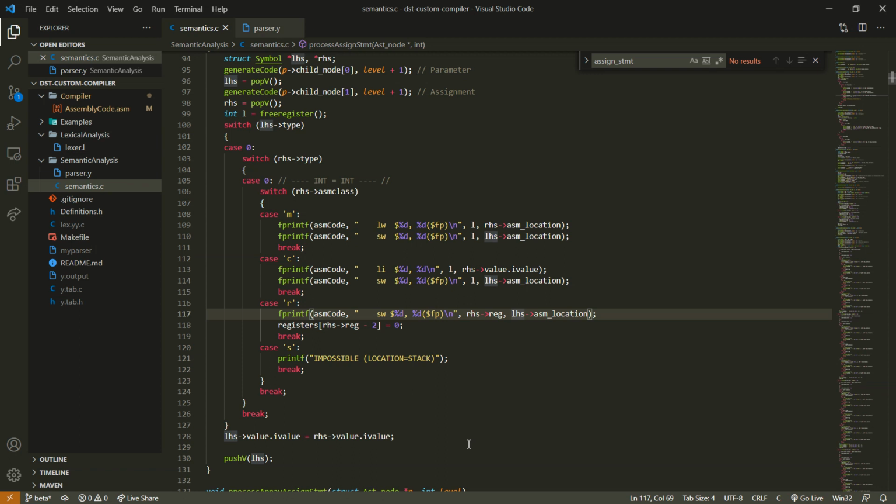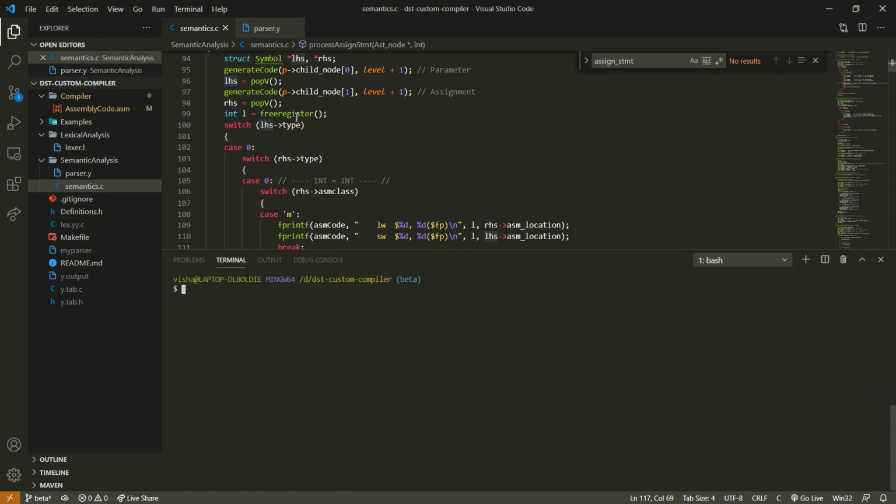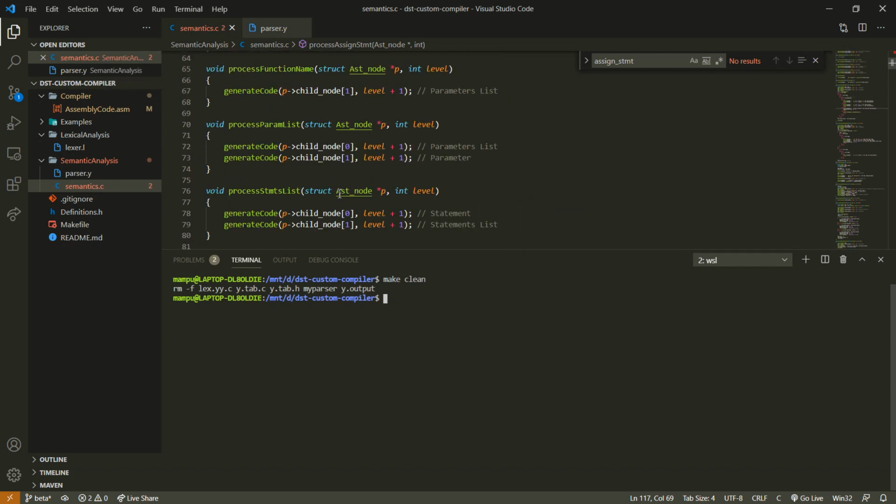Now let us show a sample example of how these all are working. Initially, let me clean it. So we have done a complete clean. Now let me do a make, and our executable has been named my parser.